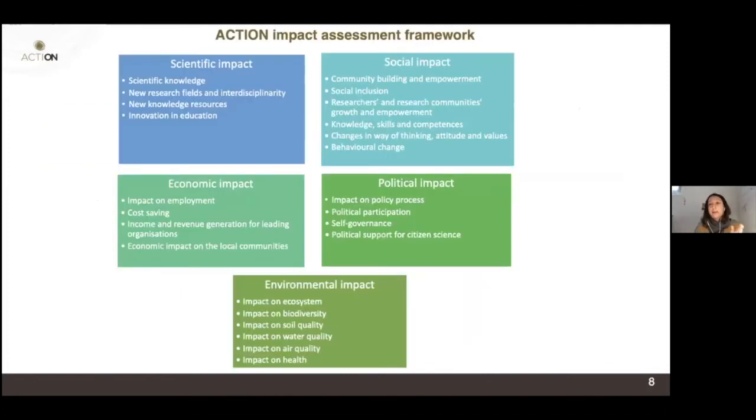But what kind of impact are we measuring or describing? We consider scientific impact, social impact, economic impact, political impact, and environmental impact. So 5 dimensions plus another one, which is the transformative potential that I will describe to you in a moment. These 5 dimensions do not have to be equally interesting or relevant for your pilot. And this is totally fine. There is no project that looks at these 5 areas of impact in an equal way. This is where the methodology becomes modular.